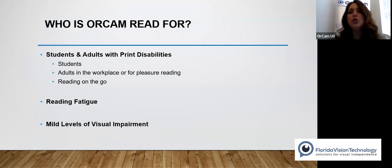So who's the OrCam Read for? Well, OrCam as a company has been focused on people who are blind and visually impaired. But we realize that there's an even larger market out there, a market for people who have print disabilities or reading fatigue. So that's really what the Read was designed for, people who have these challenges. But we realized when we presented this device that people who also had low to mild visual impairments could benefit